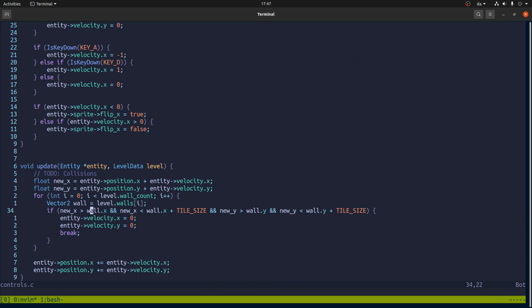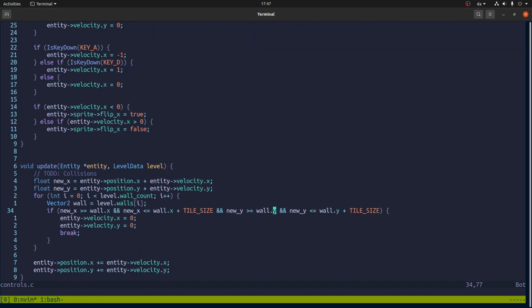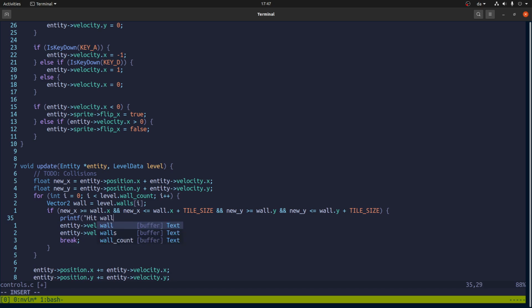So let's see if the new x is maybe greater or equal. Very strange. Let's do a little print, hit wall at,